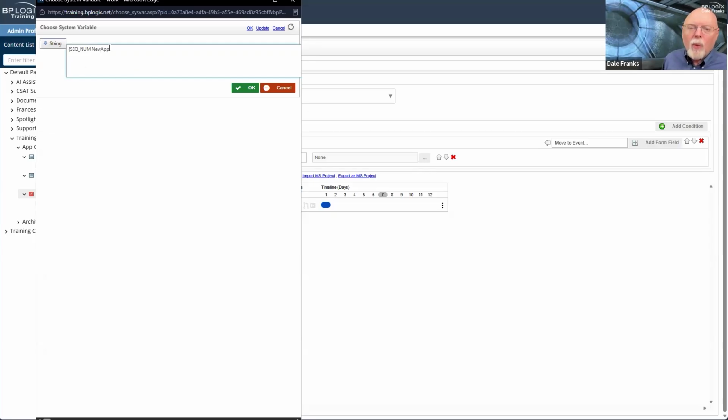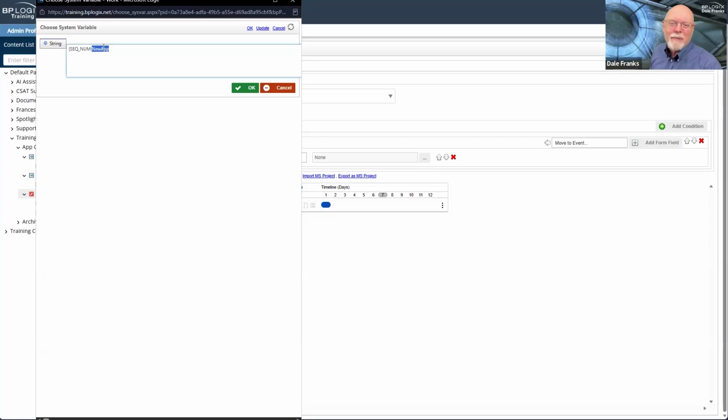And the sequence number is the system variable. So that's going to generate a sequence number. And I've typed in a colon and then the word new app. New app creates a category. I don't believe I have a new app category on this system. Won't guarantee that. I might have done it in the past, in which case my sequence number will not start at 1, and I'll have to come back and fiddle with this again.